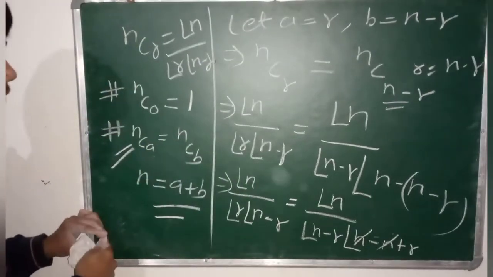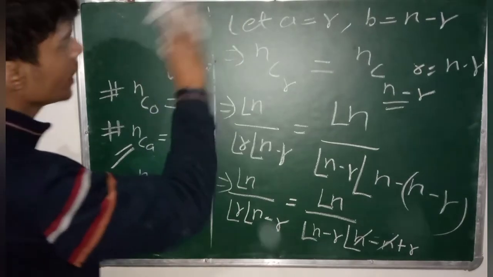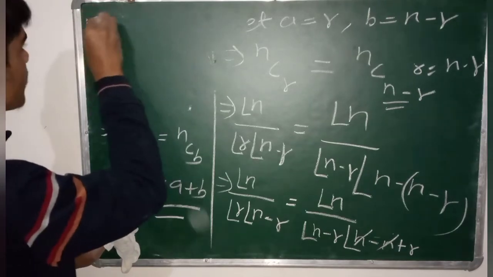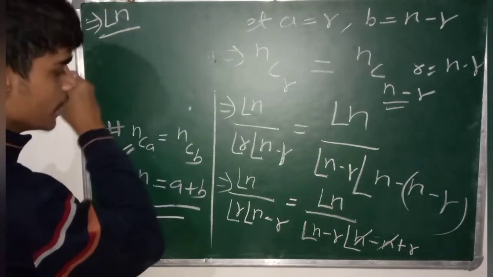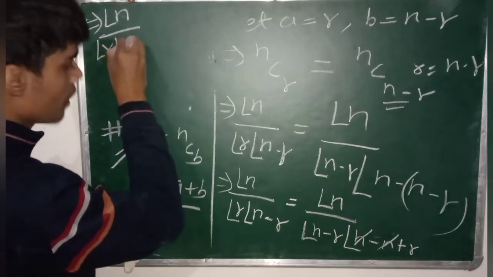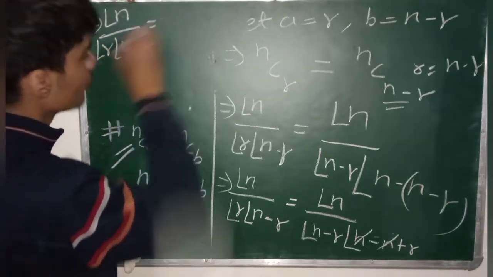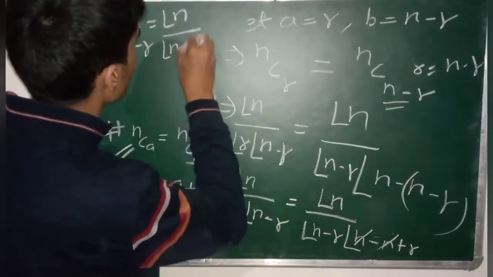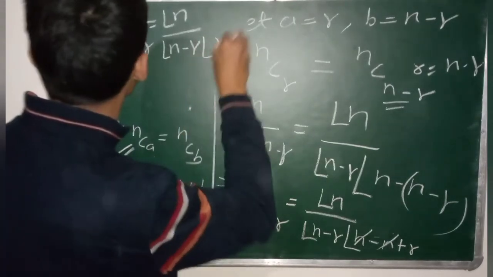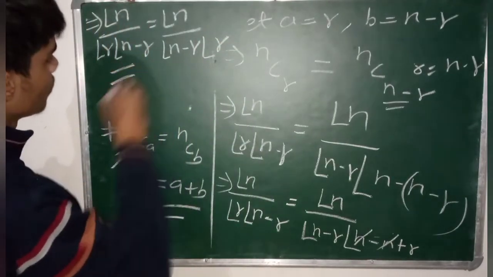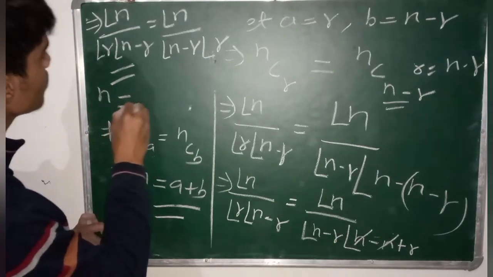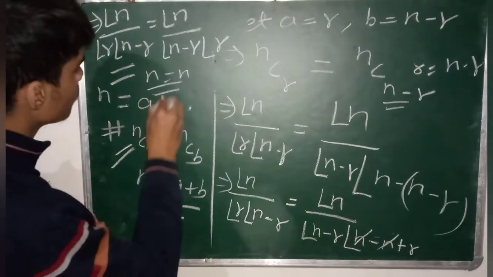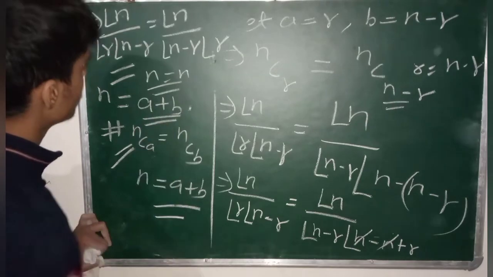So our conclusion is, here we conclude that factorial n divided by factorial r factorial n minus r is equal to factorial n divided by factorial n minus r factorial r, which is equal to LHS. So here, the relation between n and n is equal to a plus b,